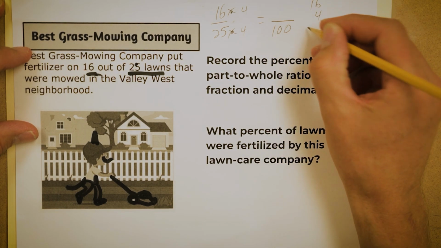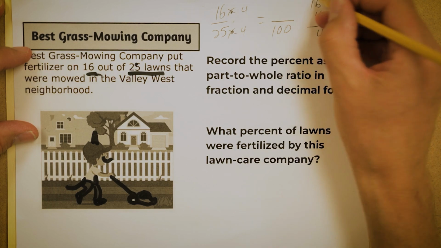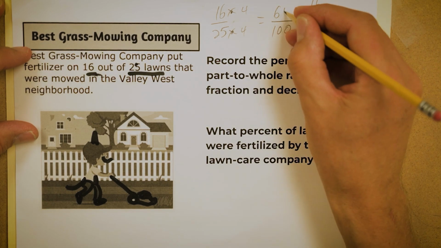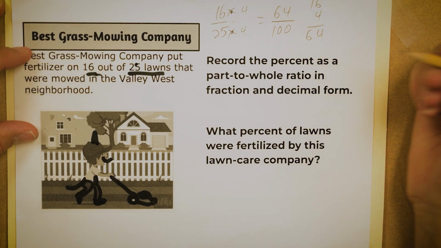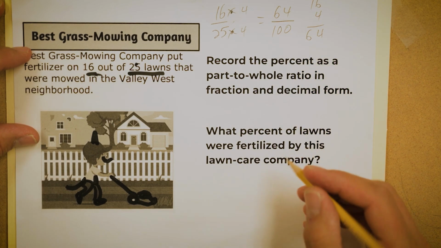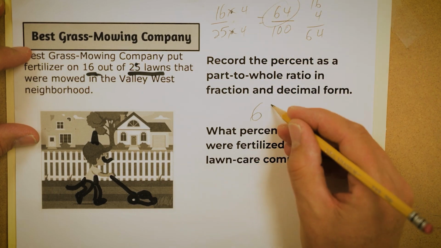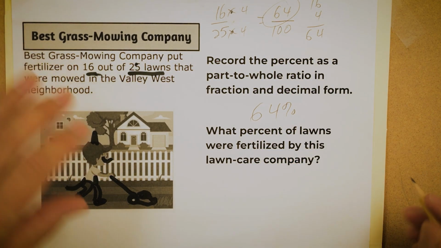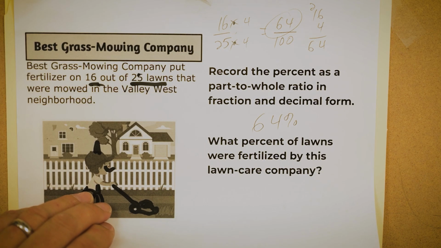Let's do 16 times 4. It's going to be 4, 2 for up there, 6, 64. And anything over 100 like that for a percentage, what percentage of lawns were fertilized? It is 64. We want to say 64%. Very nice. Next up,